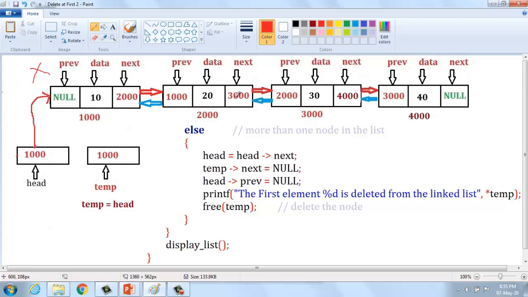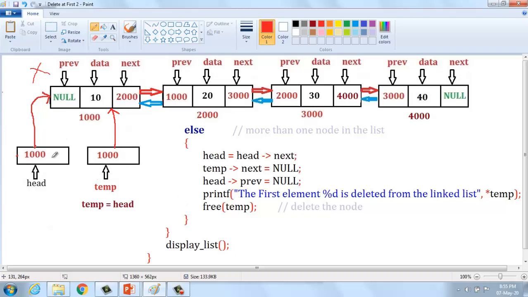How can I delete it, if there are more nodes present in the given linked list? Understand? As already explained, temp equal head, so the temporary pointer also points to the first node of the given linked list. This plays an important key role. Then head equal head of next.